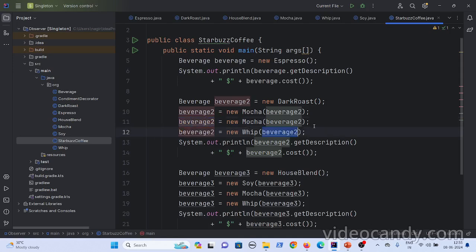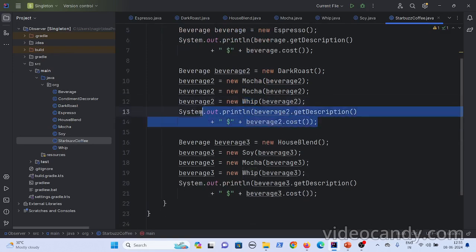And later on, you have dark roast coffee twice decorated with mocha, and now you want it decorated once more with whip, okay. Now here this beverage cost will be dark roast plus one whip.